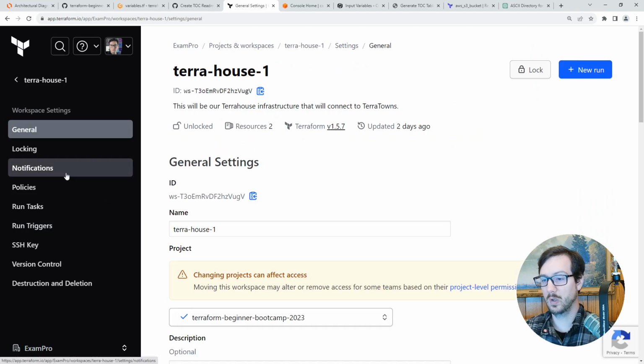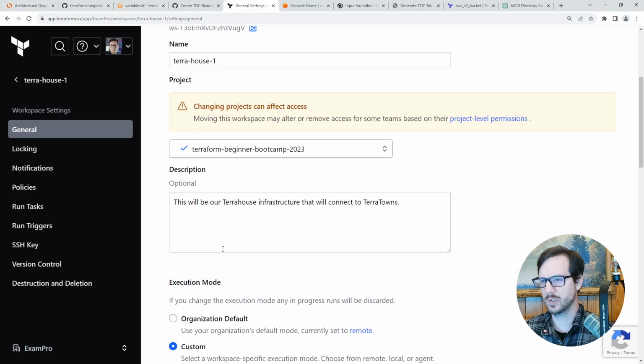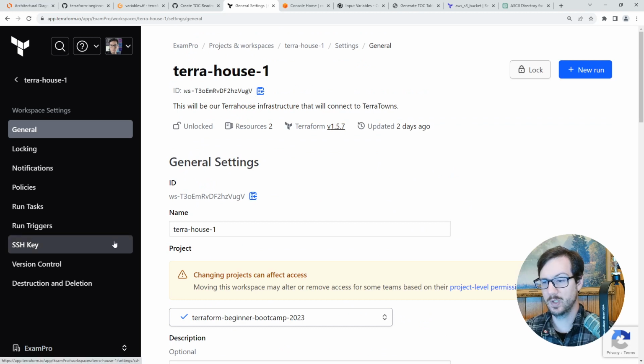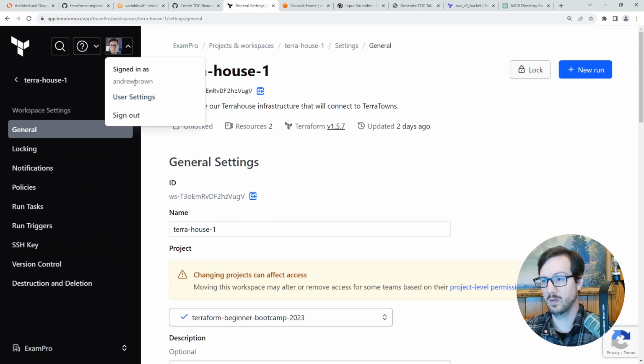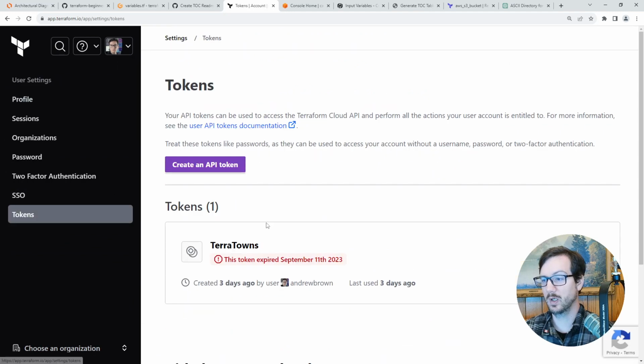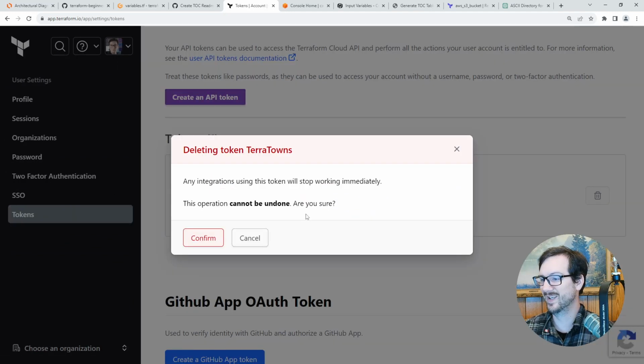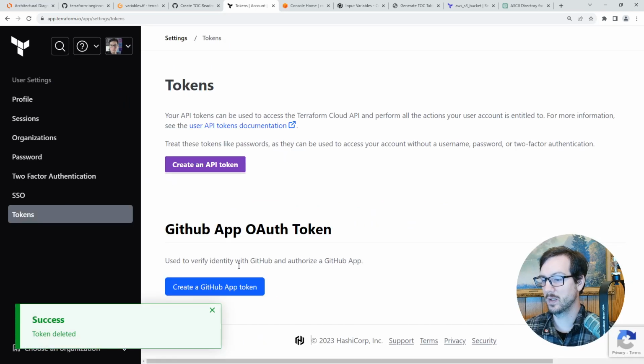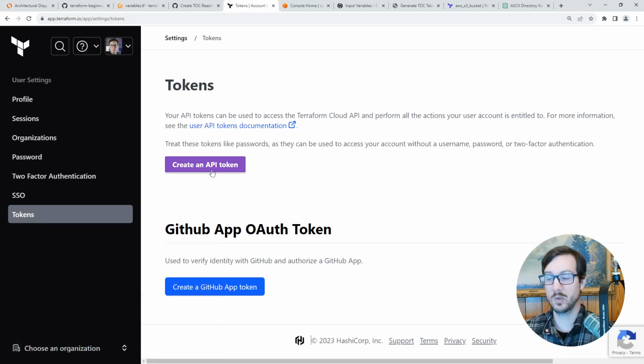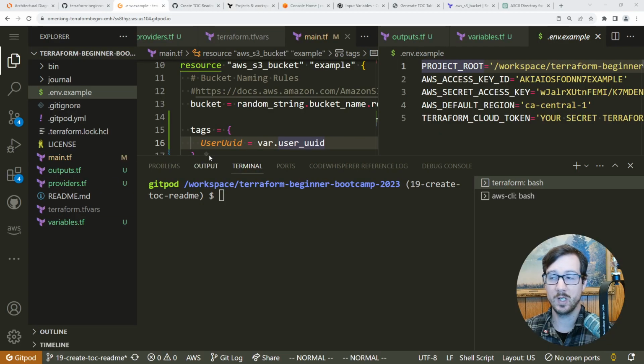I'm going to go, where are our tokens? They're somewhere in here. Maybe it's under my account, user settings. There we go. And so that expired the other day there. Well, I'll confirm that deletion of that. I'm going to create a new token. I don't want to show you this token, so I'm just going to do this off screen, okay? All right, so I got that token from